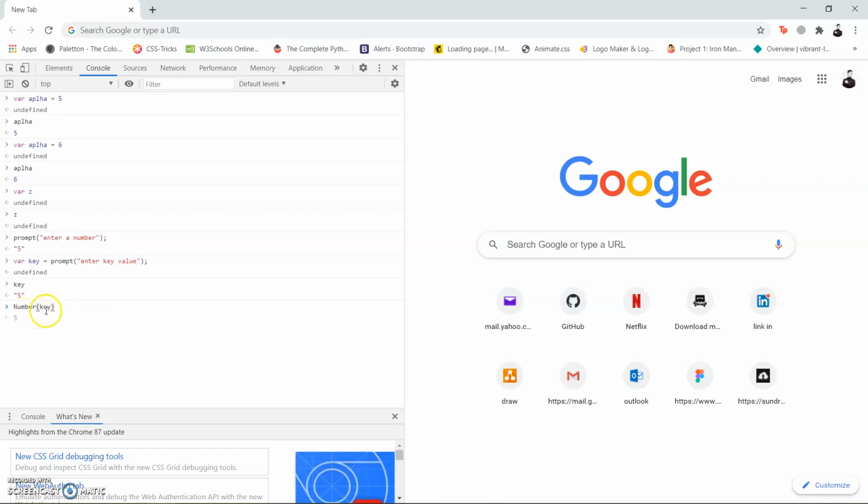This means turn this, whatever the value is inside key, turn it into a number. And then, ta-da, we did it. So yeah, that's your exercise. Try to make a calculator using all of this, and the answer should be in